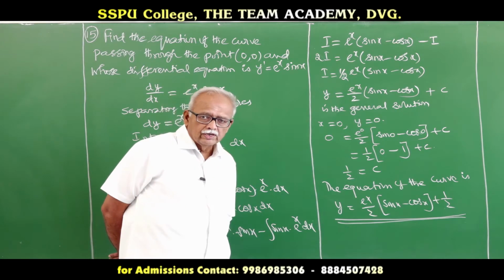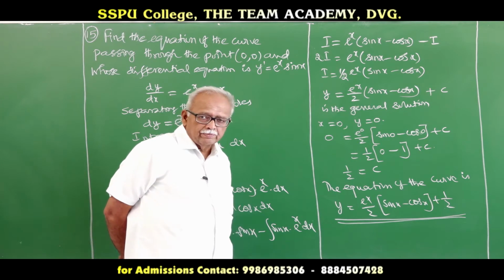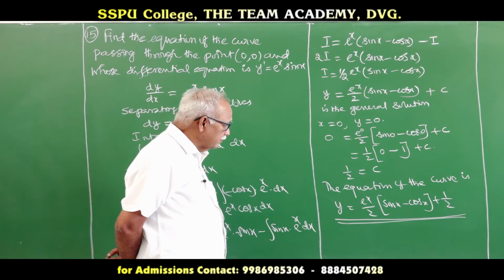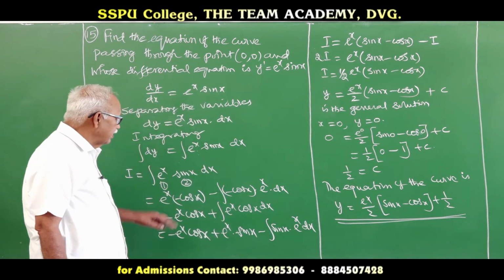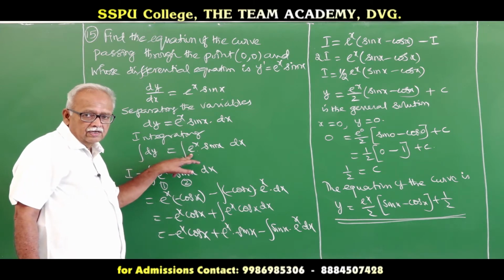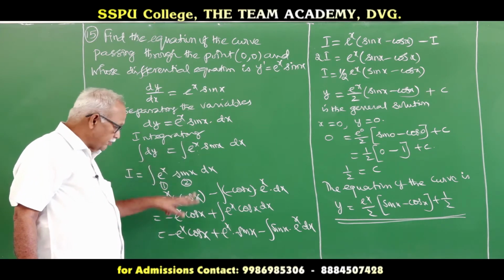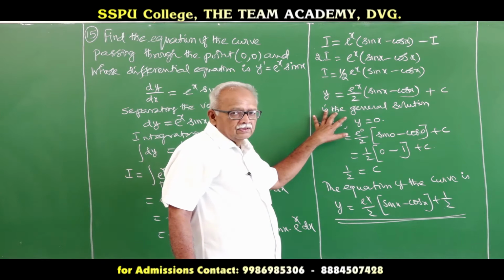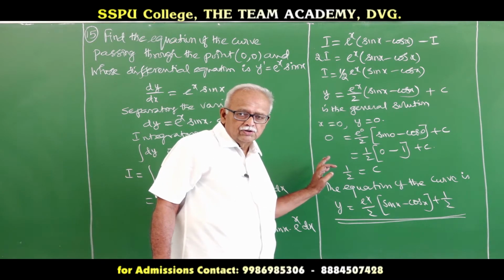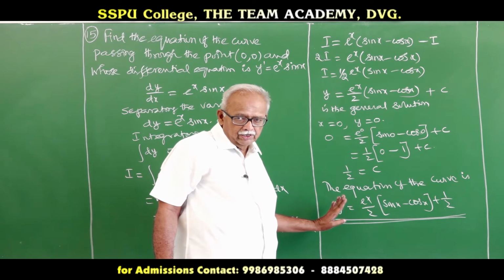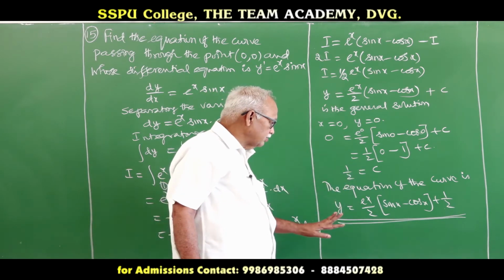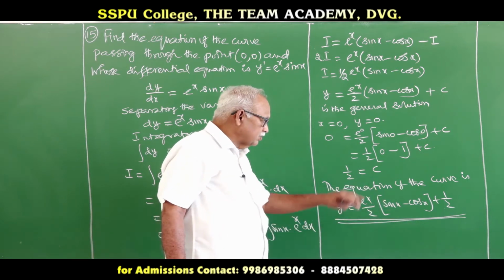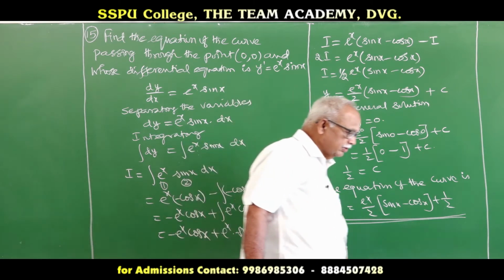Now, we are going to do statement problems in variable separable differential equations. You can follow this carefully. Here the integration was the only new thing. Integration of e^x sin x we have to do by parts. I have completely done this and then taken the general solution. Substituting the boundary conditions x = 0, y = 0, we arrived at the particular solution. The constant was c = 1/2. So, y = e^x/2 (sin x minus cos x) plus 1/2. Okay, we will go to the next question.